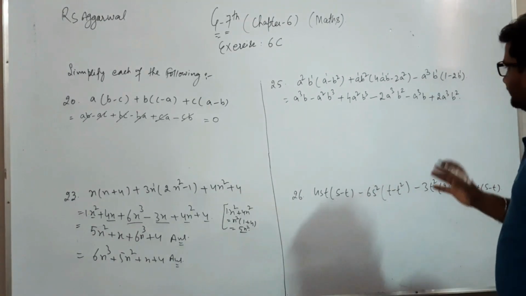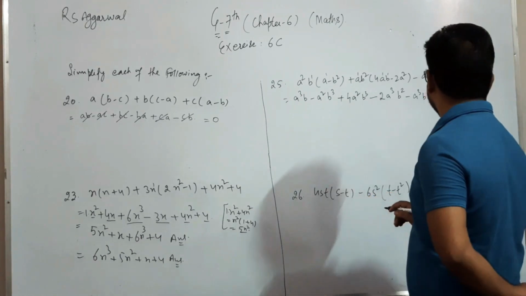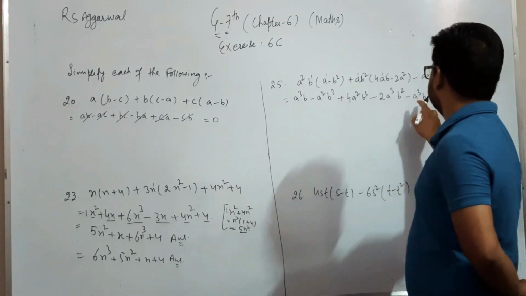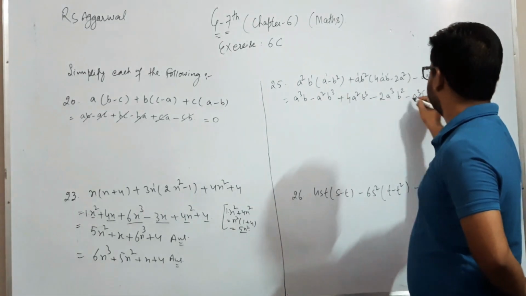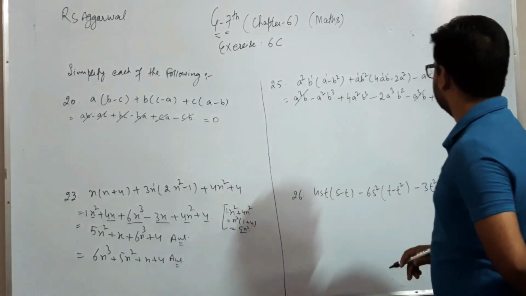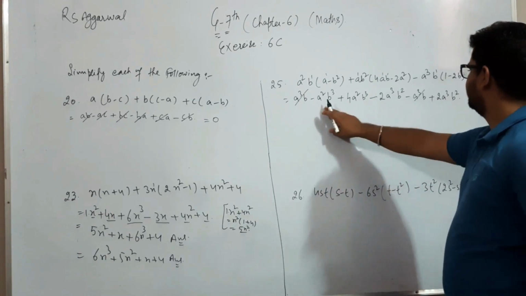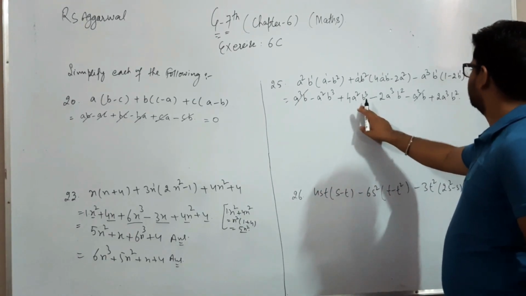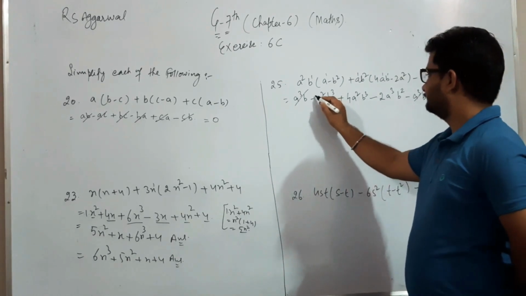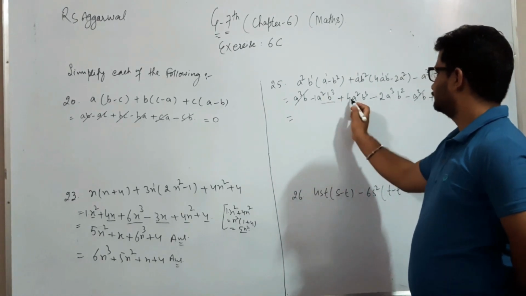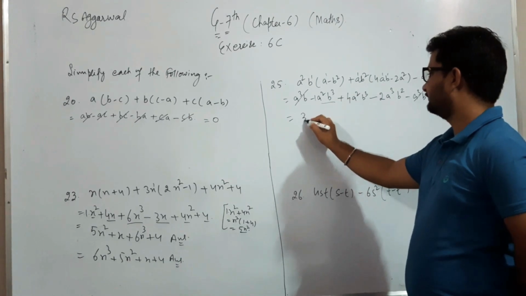So now we add or subtract the like terms. The like terms here are this a3b and this a3b. This sign is plus, this sign is minus, plus minus is cancelled. Then the like terms are a2b3 and a2b3. Here one sign, take the 1, so 4 minus 1 is 3.